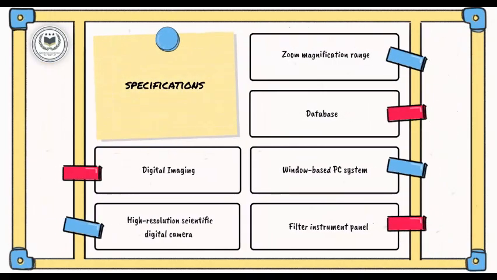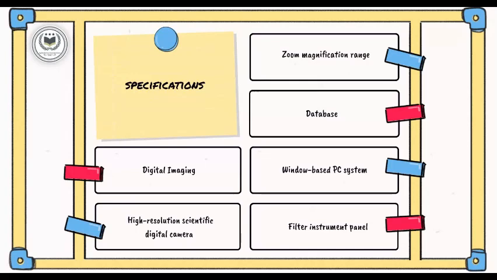Specifications in VSC digital imaging. High-resolution scientific-grade camera. In the main unit, one has a high-resolution CCD FireWire color camera with sensitivity from 360 nanometers to 1100 nanometers, different light sources and optical filters as well as a trans-light panel. Zoom magnification range of approximately x1.5 to x170, plus or minus 6%, on the standard 75 cm, 30-inch